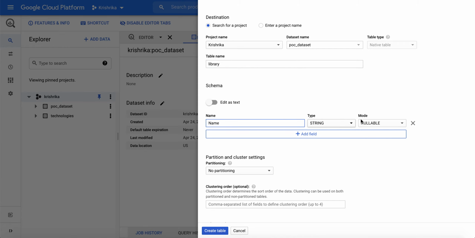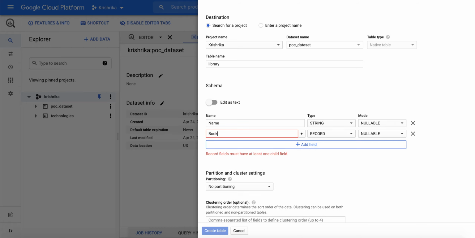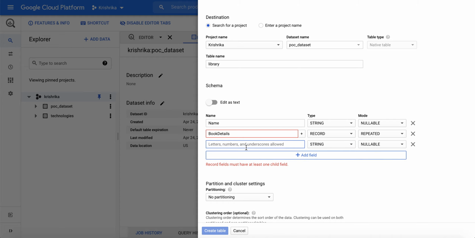We will first store the name of a person, then we will create a record type, book details, and it will be in repeated mode, and the third field will be, for example, city. Now if it's a repeated field, it must have at least one child field, right? So what can be the child fields for this repeated record field, which is book details?